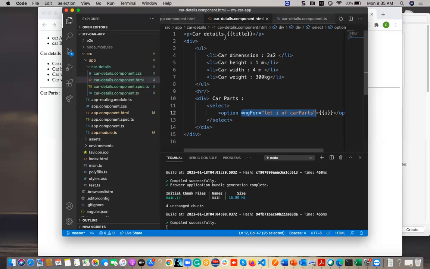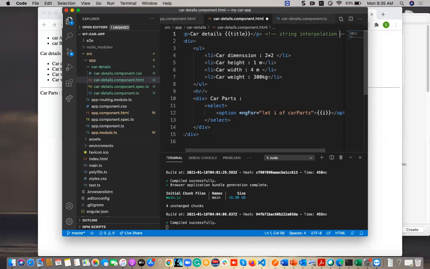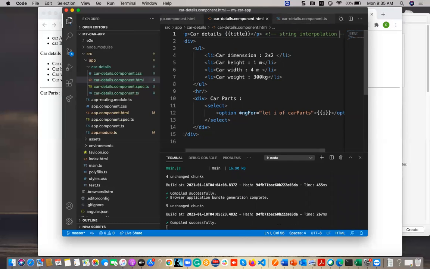This is string interpolation, for a single display of the data.